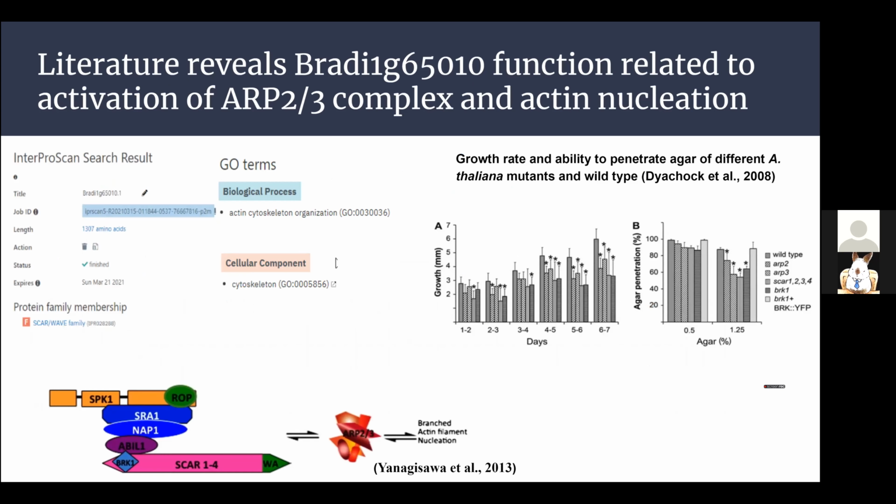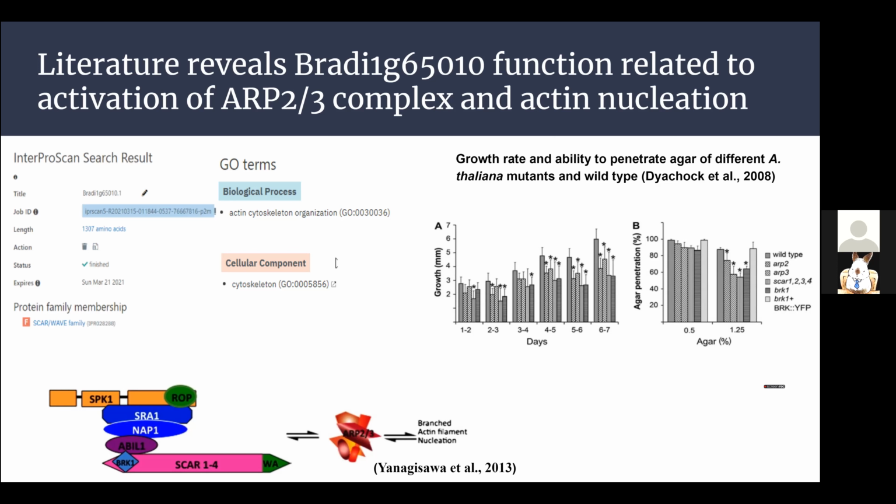So using our models, we were able to perform a literature research to find out more about the function of our gene. So the BLAST results showed that our gene produces a protein, which is a member of the SCAR or WAVE family. And it also said that this family of proteins has a lot of significance in actin cytoskeleton organization. So performing a literature search on our gene and that particular protein family, we found that the SCAR protein family is important in the activation of complexes which are important for actin nucleation. So this is really important for cell structure and function because it's how actin polymerizes and forms these exoskeleton